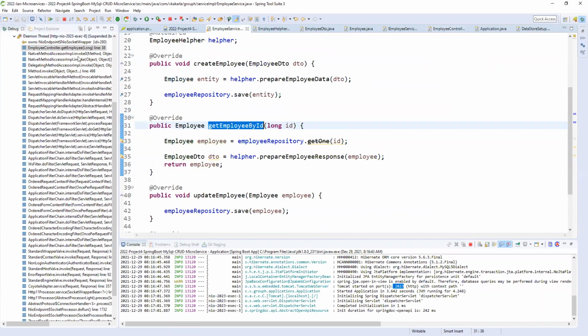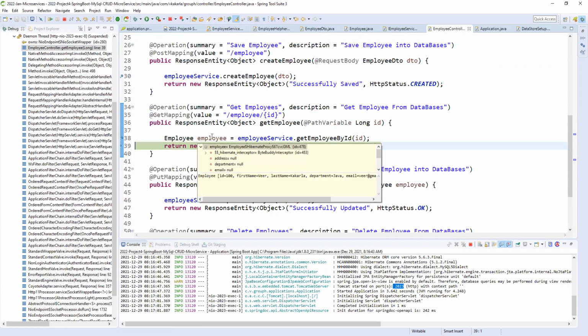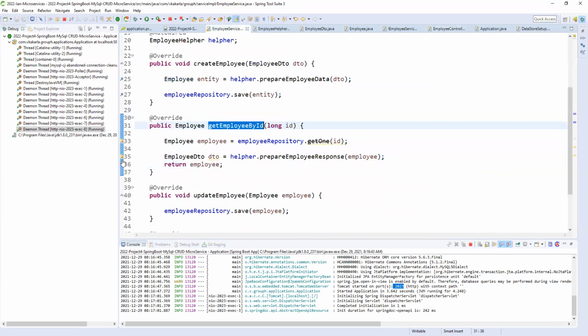Coming here, oh, it is coming here. Let me see why it is not taking.